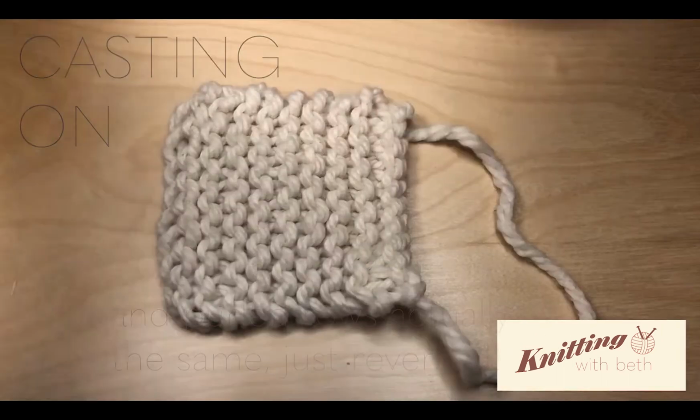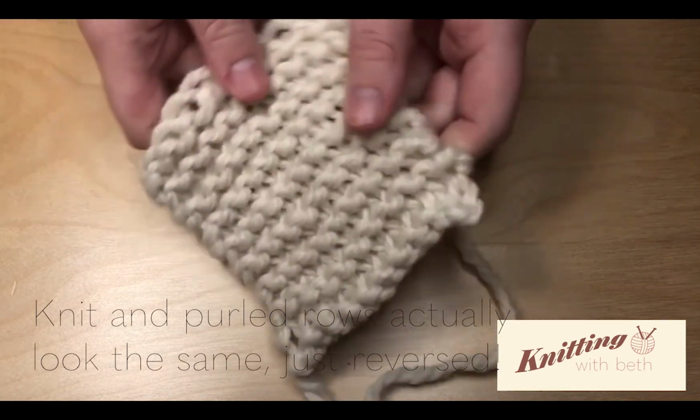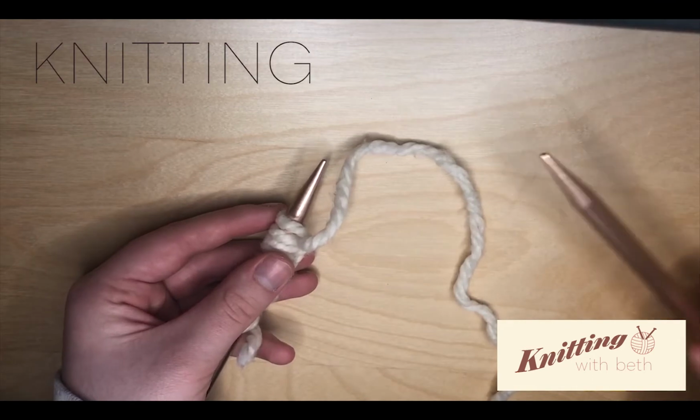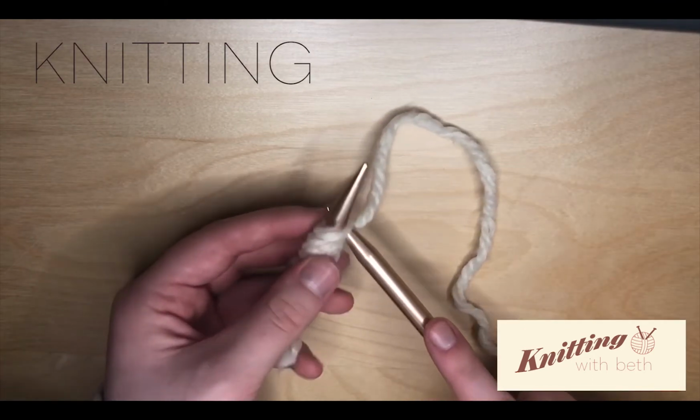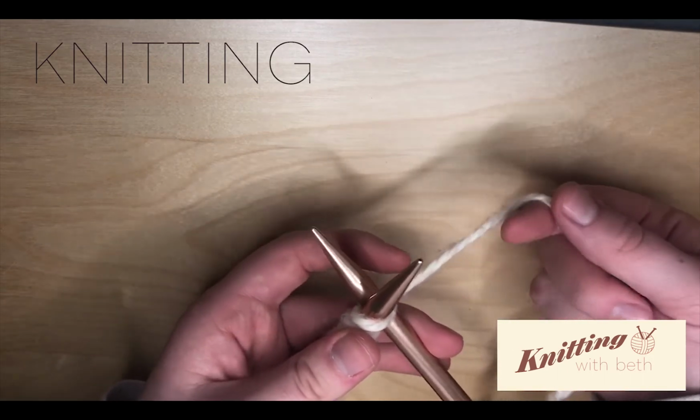knitting. The knit stitch is the most basic, and when you do several full rows of knit stitches, it looks like this. To start knitting, just slip the other needle under your top cast on stitch. Wrap your yarn around the needle you just slipped in and put it between the two needles over the existing